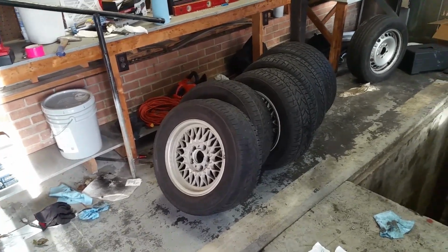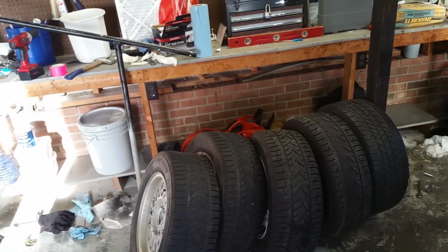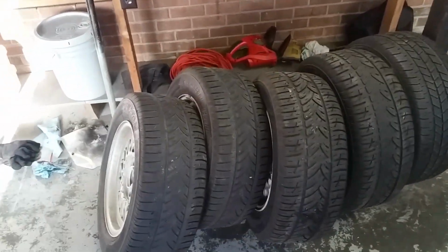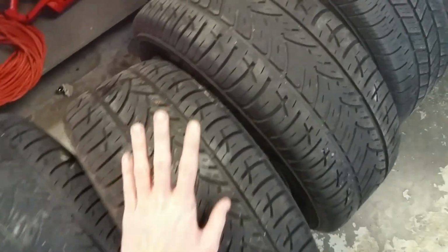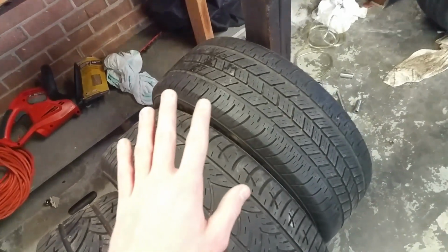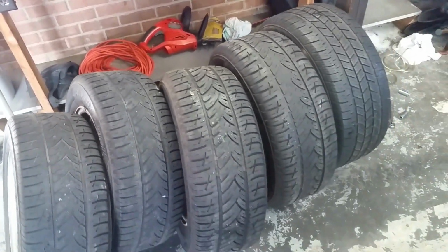So these are the wheels that I picked up off of Craigslist. Now I got these for nothing. Like, it was the steal of the century. I paid $50 for all 5 of these rims with these tires. Now these tires are practically brand new. Some of them are worn a little more, like these two. But for $50, getting 5 tires that are practically new or close to it and 5 rims, like, you cannot